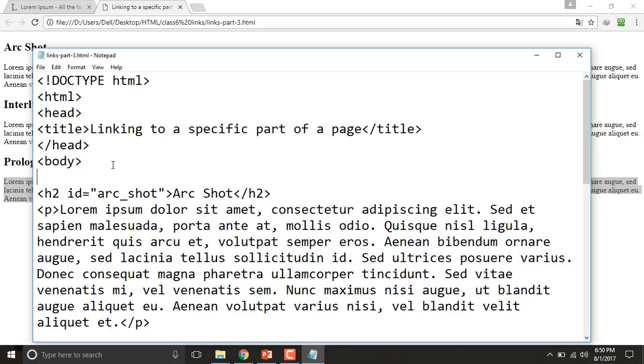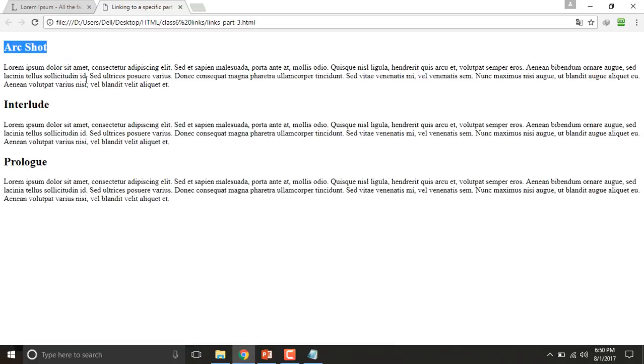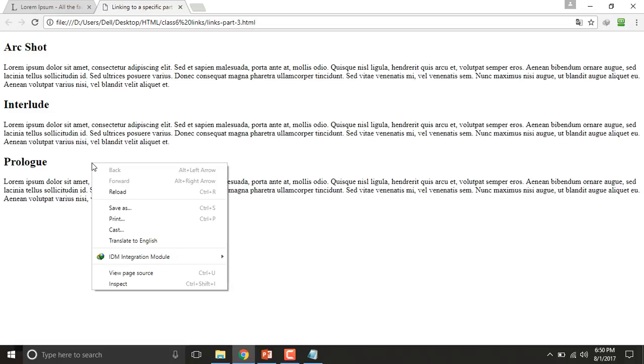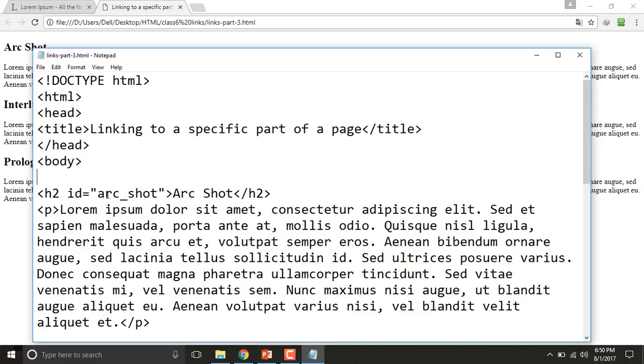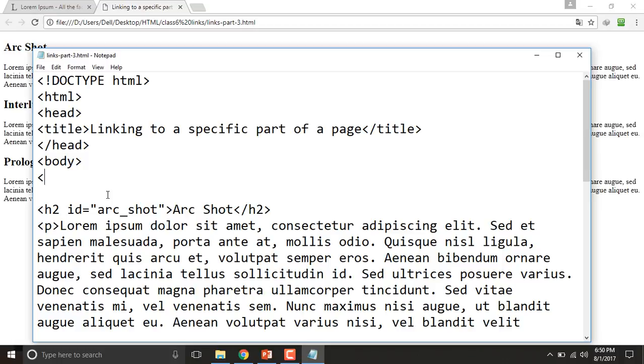So we have to link these elements, link this h2 element, with the href attribute of the a element. How can you do that? I'm going to write here href equals, in double quotations, and I want to let you know, guys, how we denote an id. An id is denoted by a hash sign. Now I'm going to copy this id, arc short, and paste it here after the hash sign, like we write here